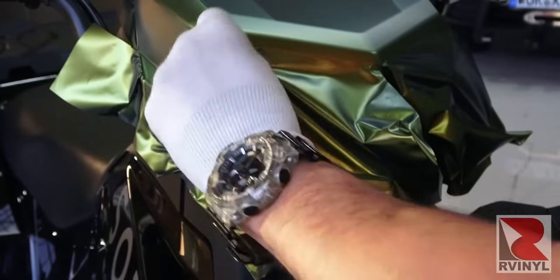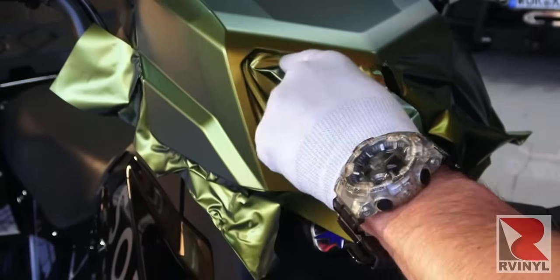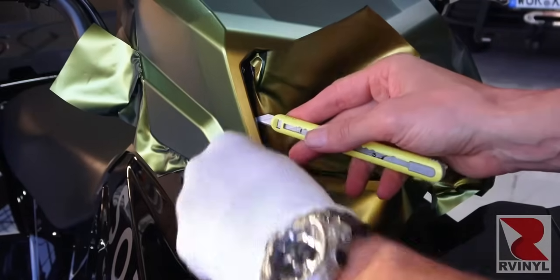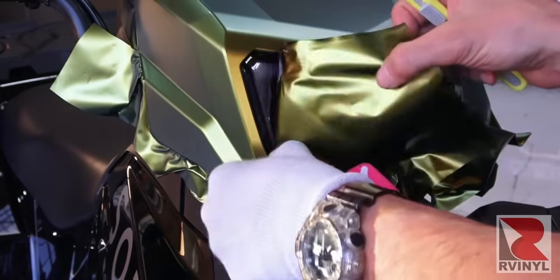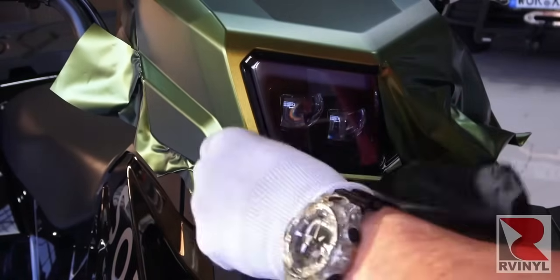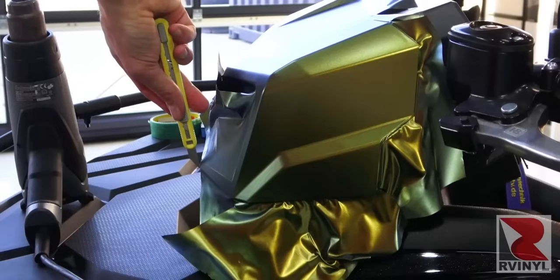Now for this particular section, this is what is called a mouth. So the material that was stretched away from the outside edge is now fed into this area, which means it has nice good long-term hold, the material is safely cut away, and then the other side is wrapped the exact